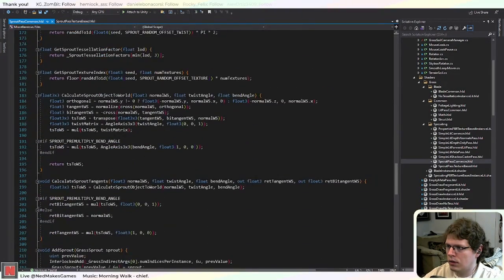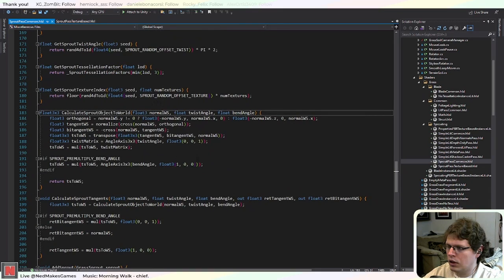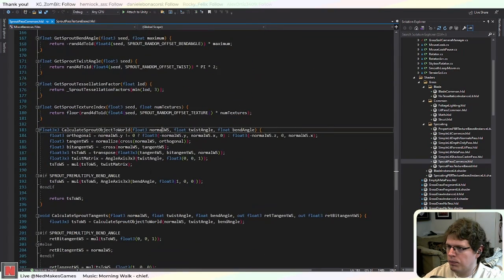I have this function that calculates an object world given a normal, which will change most of this code. One thing I do here is pick a random vector that's orthogonal to the normal. Then you can take that cross product to get a tangent, and then take another cross product to get the bitangent. I'm not sure why I did the negative there, but